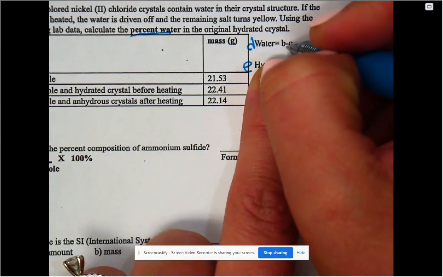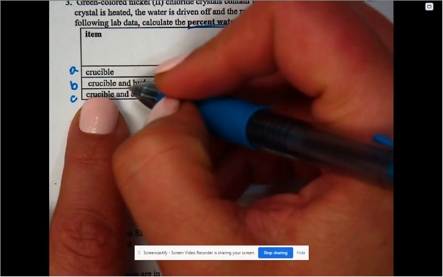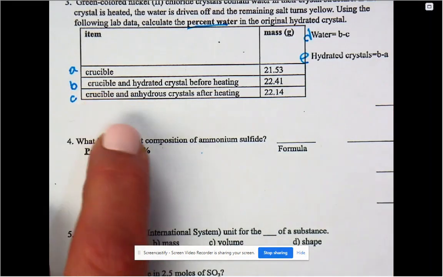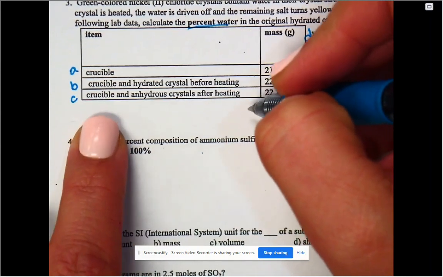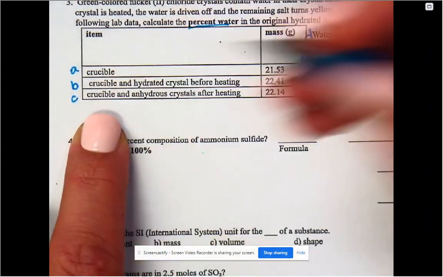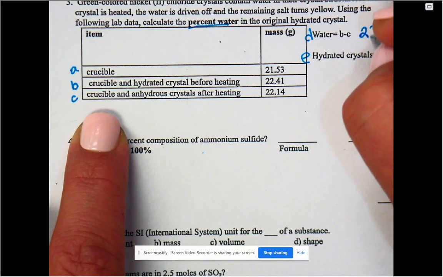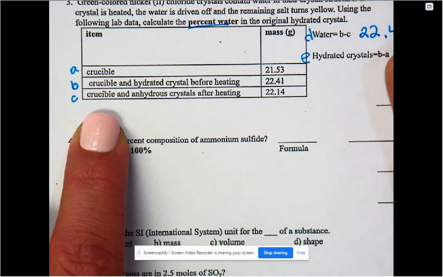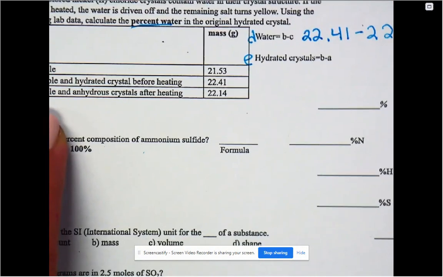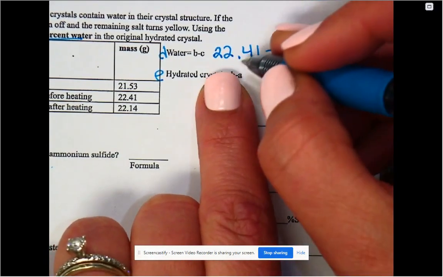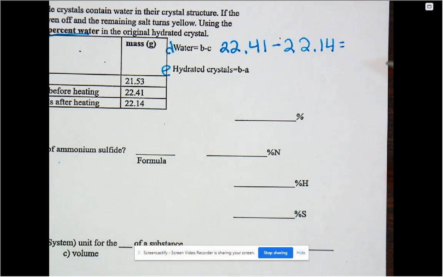So we had water, which was B minus C. It was our wet salt, the hydrate, minus the dry hydrate. All right, so the anhydrous part. So B minus C. So you had 22.41 minus 22.14. All right. So you did this calculation yesterday. You figured out what the water was that left, right? Wet minus dry equals what was wet, the water part, right? So when you subtracted those two,